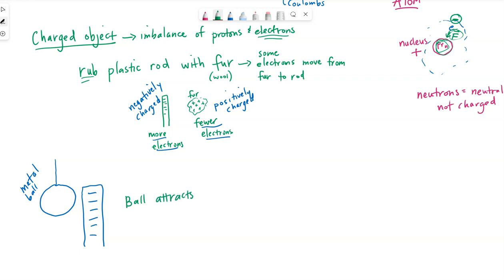Even though, let me clarify, this ball is neutral, meaning the same number of electrons and protons. It does not have an excess of either one. The ball, though, attracts to this rod